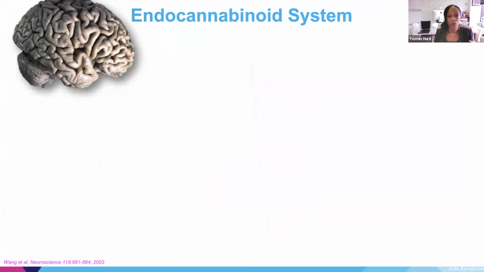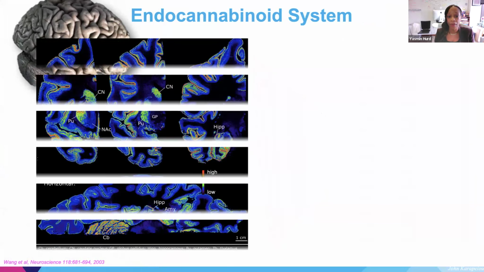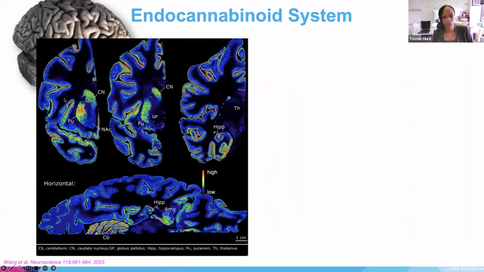As I said, I'm a neuroscientist, so a lot of the work that we do relates to the brain. And we can see the cells in the brain that express the cannabinoid receptors, and you can see that they're broadly distributed throughout the brain. In fact, in the brain, it's mainly the CB1 receptor that is most prominent. CB2 is also there, but at much lower levels. But these CB1 receptors are in fact the most abundant receptors on the surfaces of cells in our brain, the most abundant.